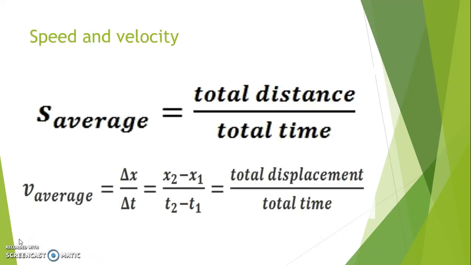So speed and velocity. Speed is how quickly a body moves. It's the rate of motion. It's measured in meters per second. As you can see in the equation, it shows that the average speed equals the total distance divided by the total time. Velocity is how quickly a body moves in a resultant direction. It's measured in meters per second with a direction against. Again, the equation shows the average velocity equals the total distance divided by the total